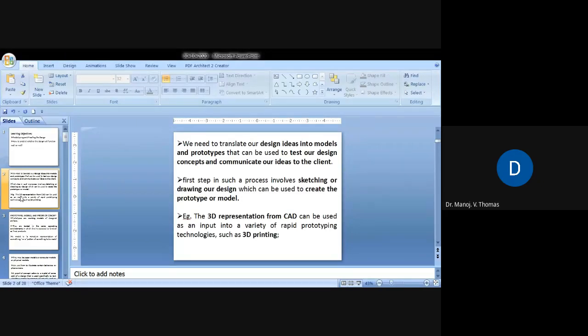Say for example, we want to test a car. We want to design a new car. So initially we will have a model design. We will have the layout. We will have the diagram. Then in order to launch the new version of the car into the market, we need to test it. So that testing requires building a prototype, or models, or something like that.